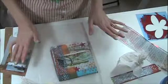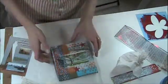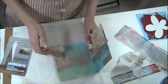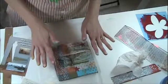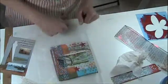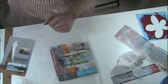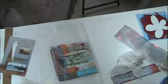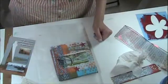Okay, what you should do now is think about the pictures that you're going to use in your book and which page you're going to put them on. And you can go ahead and glue those down and then use either your bubble wrap or your stencils or even some paint. Like I could take, where's my scraper? I could take this card and some of my yellow paint